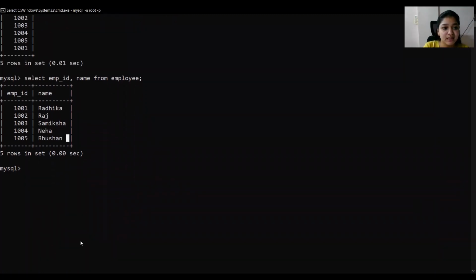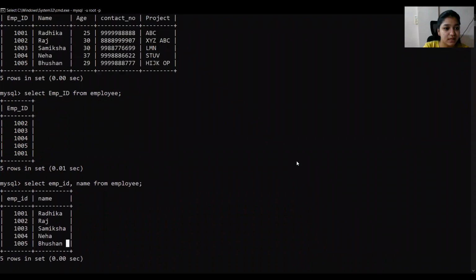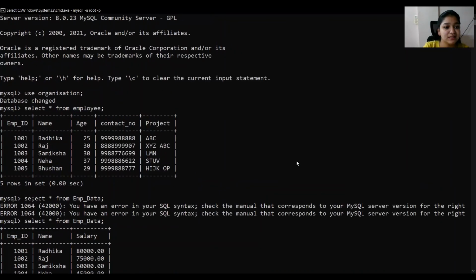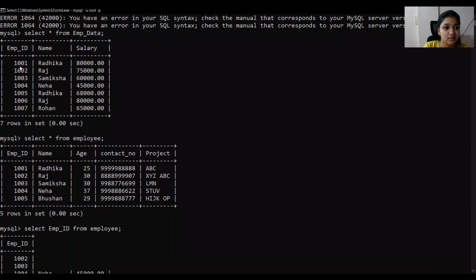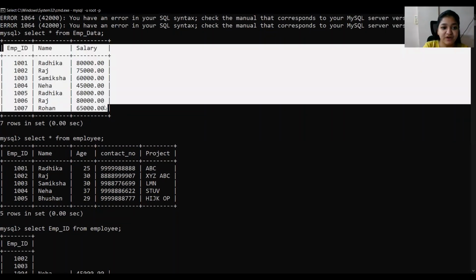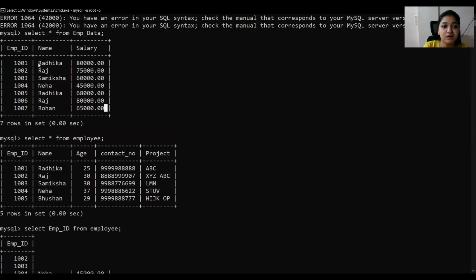Now here you can see this table I have created already. Here we can see there are duplicates. There are two people with the same name with different salaries and different IDs because they are two different people.